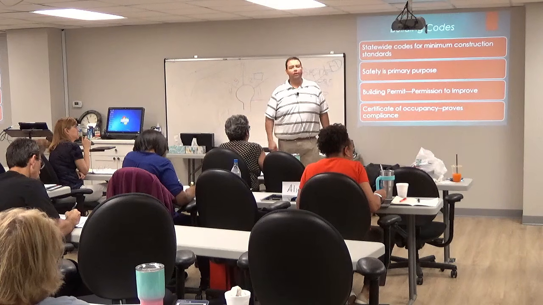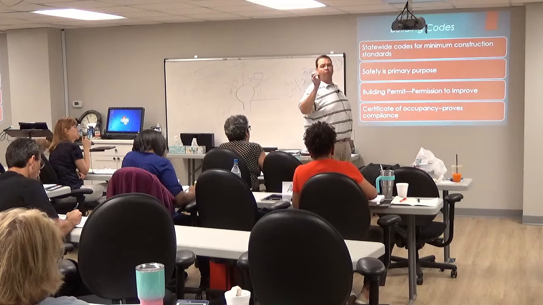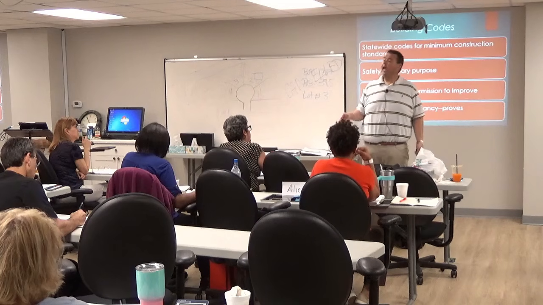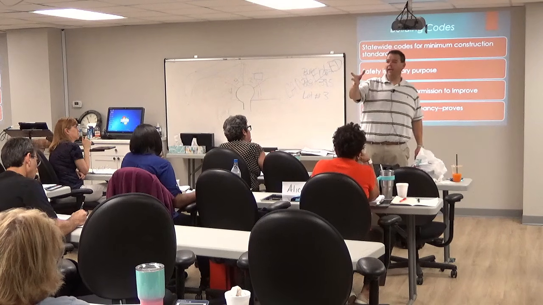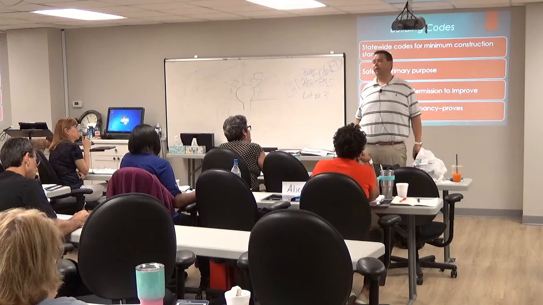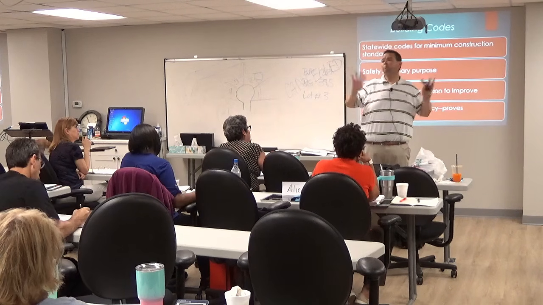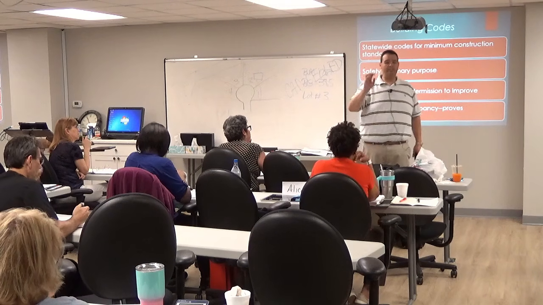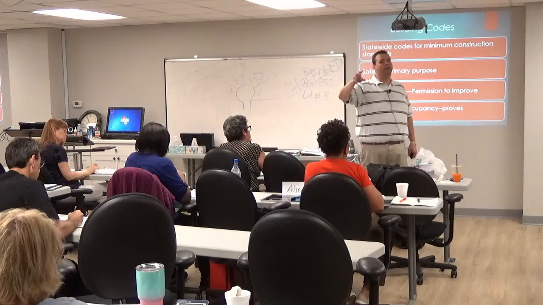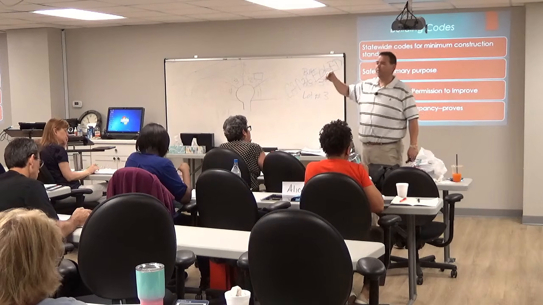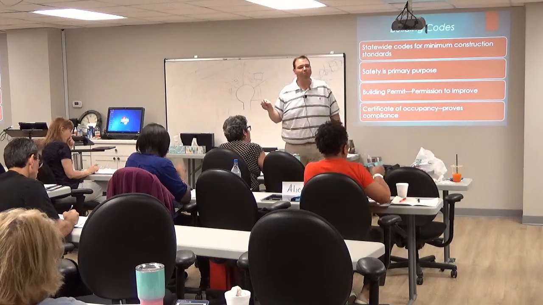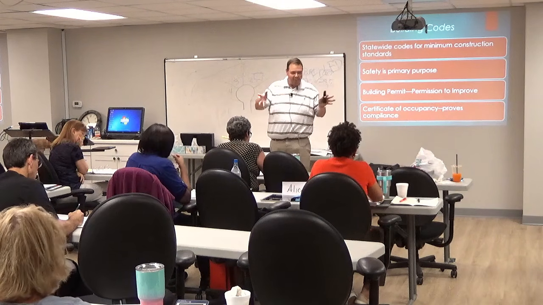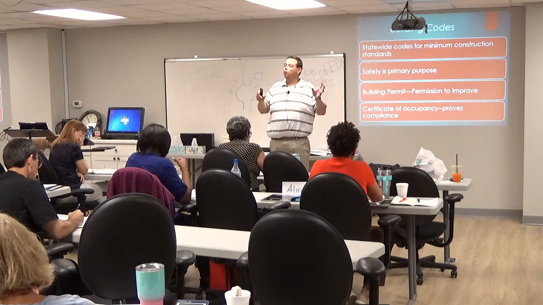If the whole house is falling down, and I go get a permit to replace the water heater, are they going to give me the permit? Yes. And when I call them back and say, okay, the water heater's been replaced, come inspect it, are they going to come inspect it? Yes. Are they going to inspect the entire property, or are they just going to inspect the installation of the water heater? The installation of the water heater. And assuming it has been correctly installed to meet the minimum building codes, what are they going to issue? A certificate of occupancy for the water heater. That's it. So the certificate of occupancy just closes out the permit.